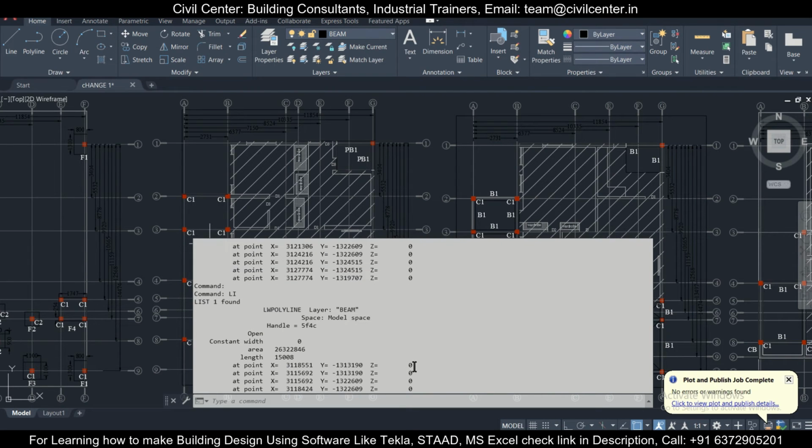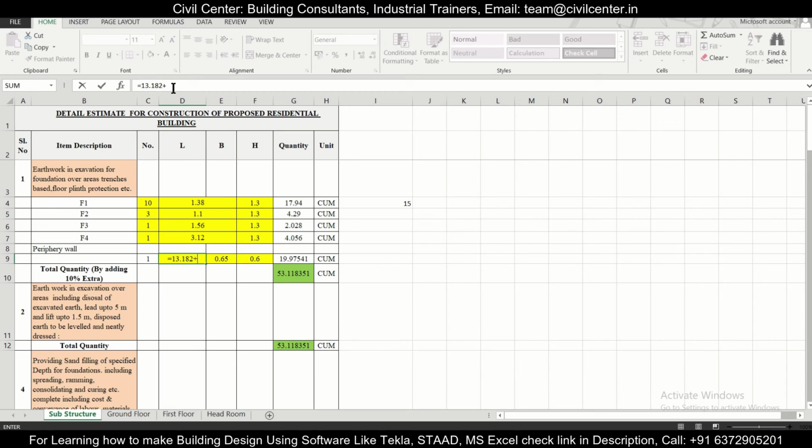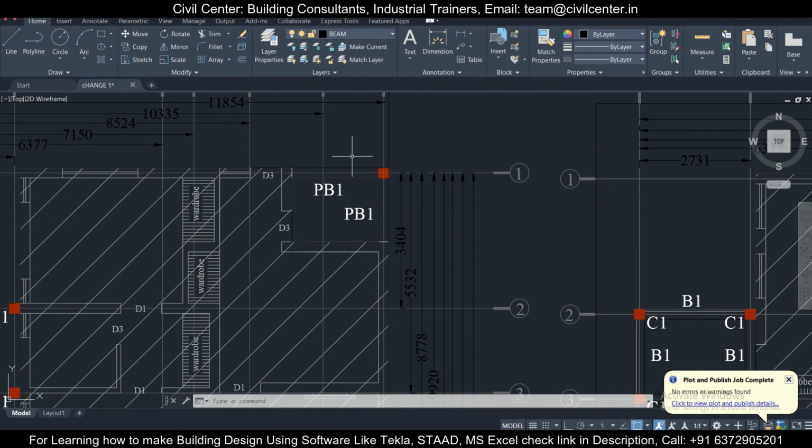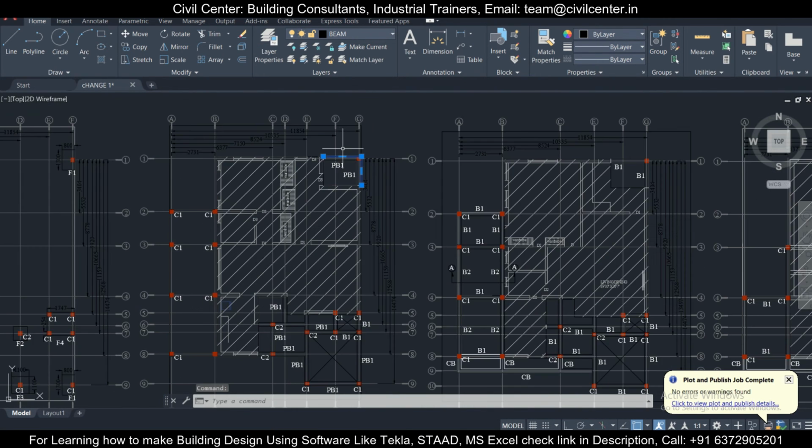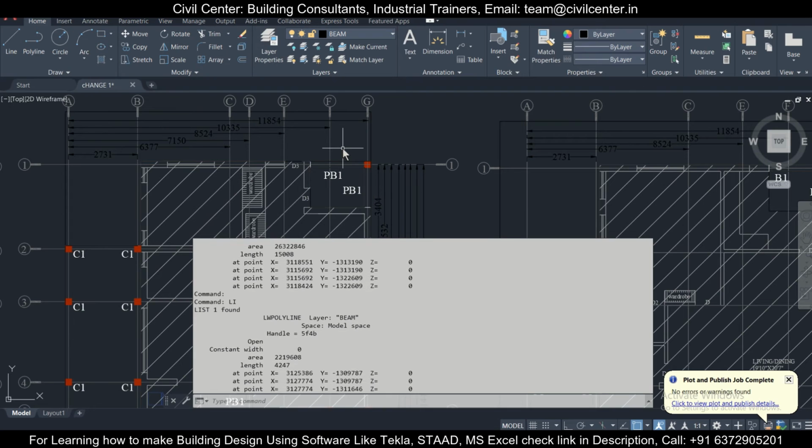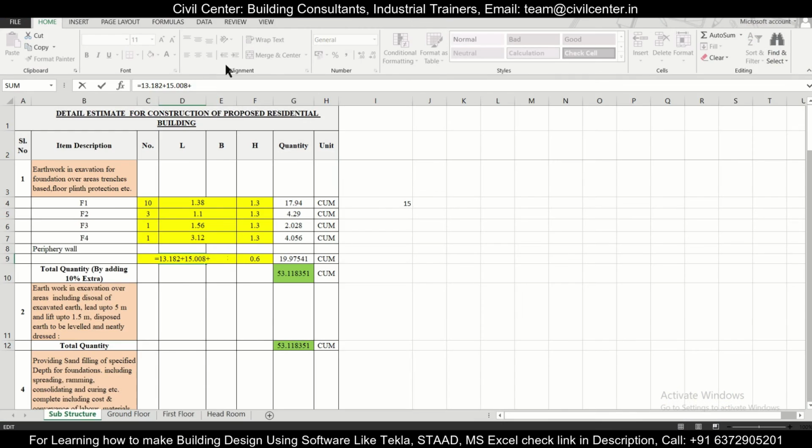The length is 15.008 plus, and then the next periphery wall length, this one, LI enter. This is 4.247. So this is the total length of the periphery wall.